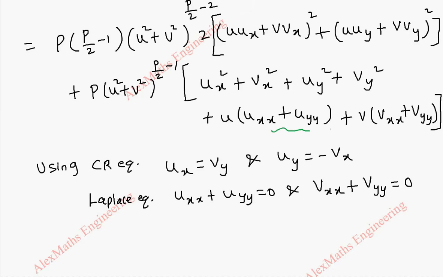So this part and this part will become 0, and the CR equation we are going to substitute here, here, here, here. Wherever there is a derivative with respect to y, we are going to change it to with respect to x. So once again, coming from the beginning,